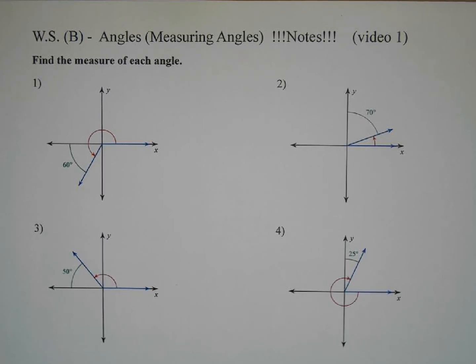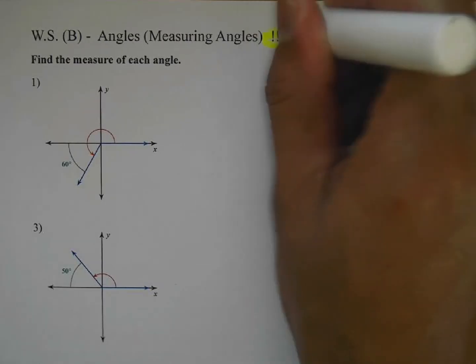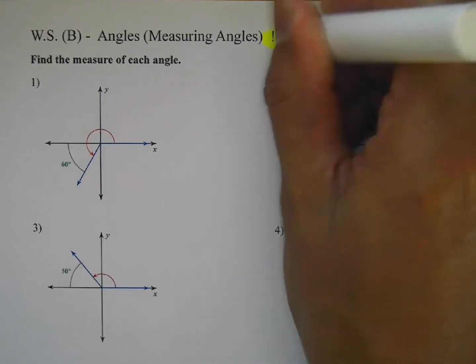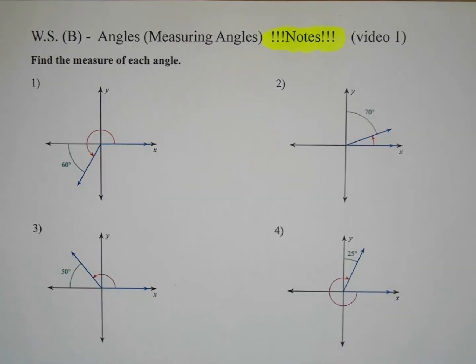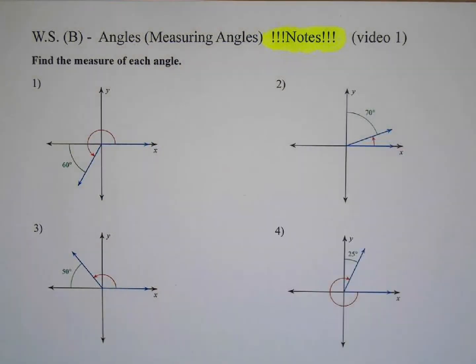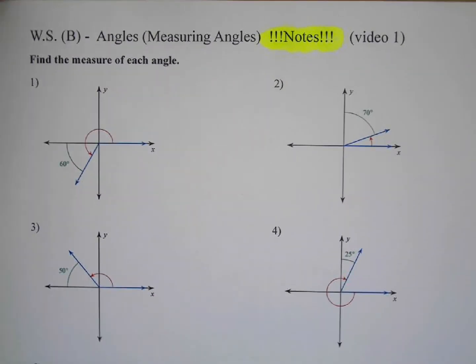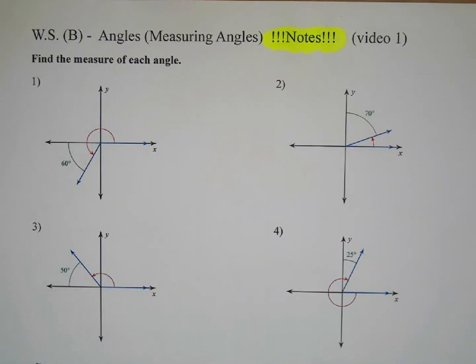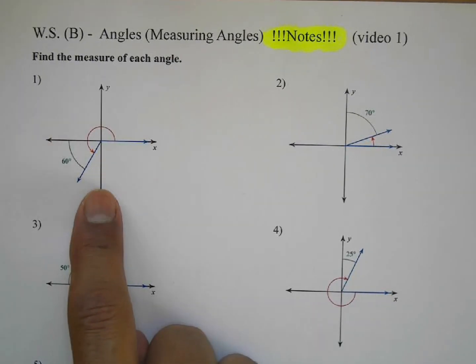Okay, here are the notes for worksheet B. This time you're going to be measuring angles. On this one, if you were able to print this worksheet out, great for the notes, right? You were able to print this out and you have it there that you can follow along. If not, then you're just going to have to sketch this out, right? You're able to pause it since this is a video. Sketch out the diagram, the drawing, the angle,